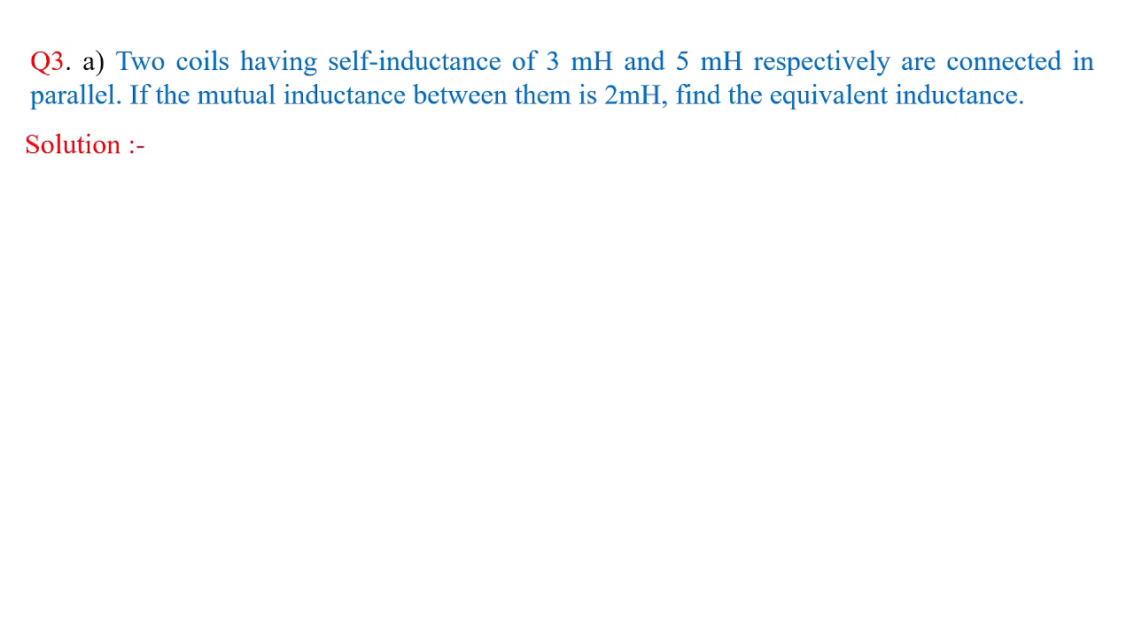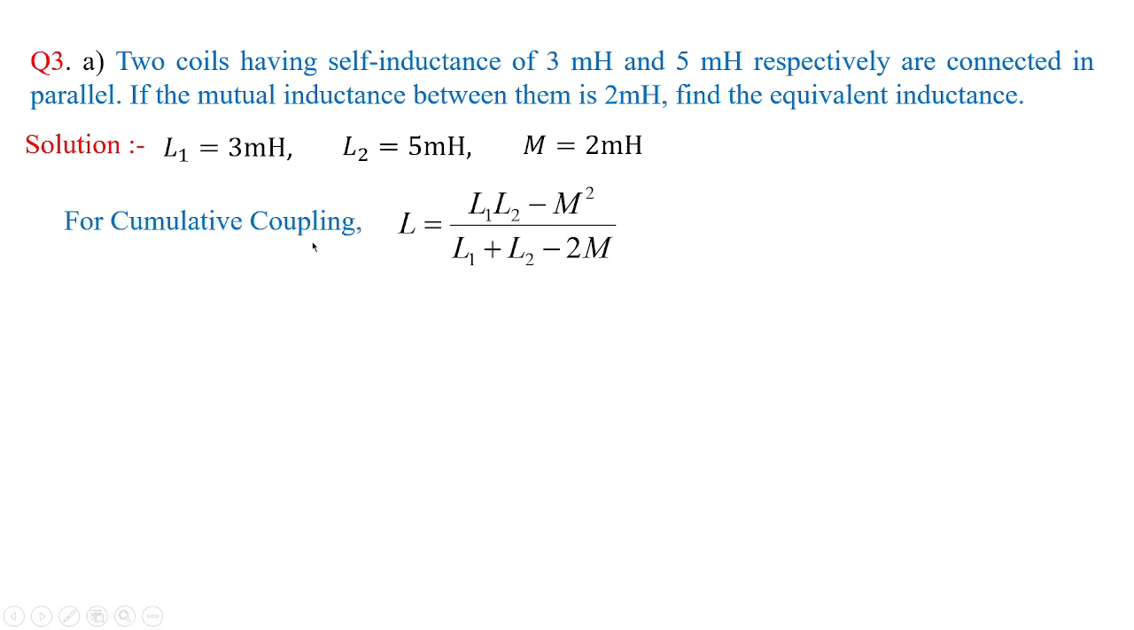Now for a parallel circuit with the given parameters of L1, L2 and M, for cumulative coupling, this is the formula, that is L is equal to L1 L2 minus M square, divided by L1 plus L2 minus 2M. So if we assume that the arrangement of the parallel circuit is cumulative, then the formula for total inductance would be,